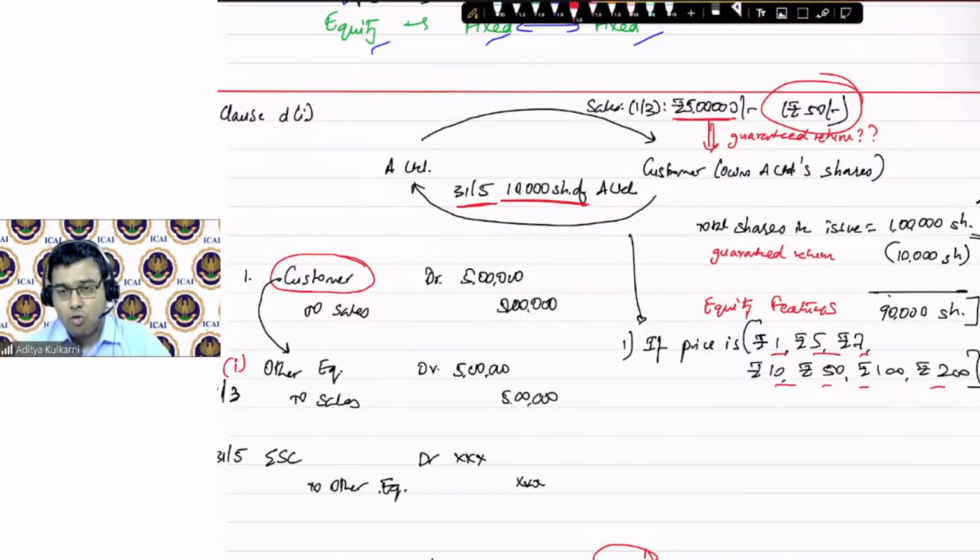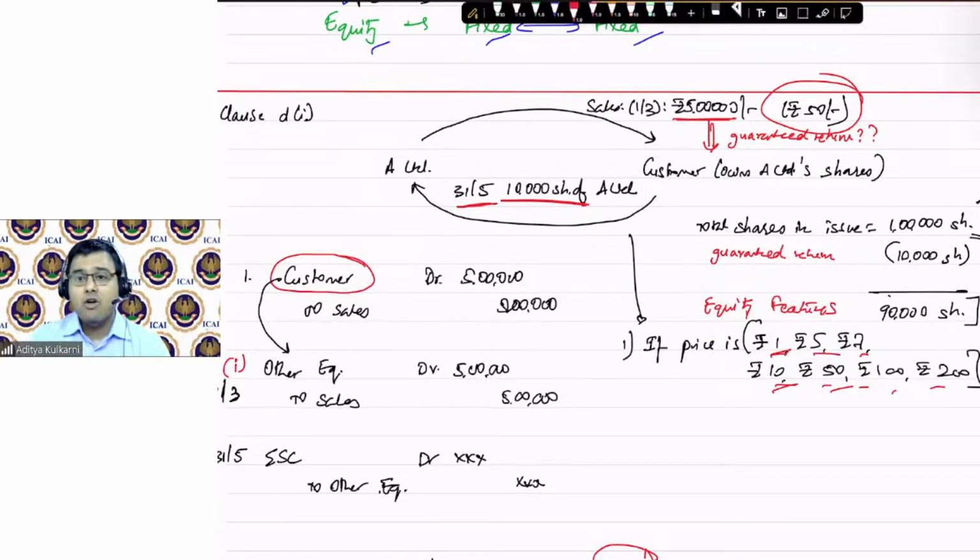Are you able to correlate with the vendor? Yes. So A Limited wants to protect its interest. A Limited says, I will not accept 10,000. I will accept 5 lakhs only. But how will I calculate the 5 lakhs? Based on the price which is there on that day, on 31st of May. Based on that price, I will receive 10,000 shares. I will receive a variable number of shares from you.